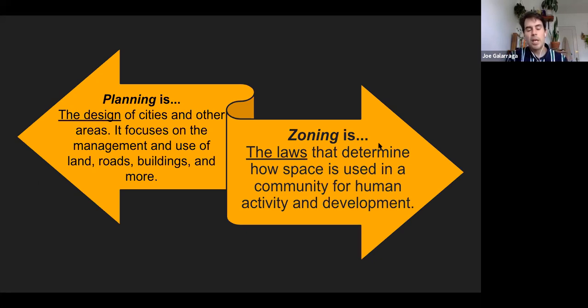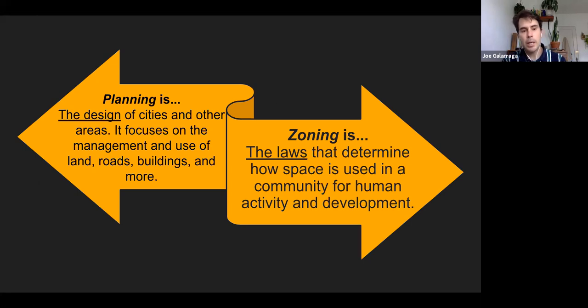The difference between planning and zoning. I think that there's a lot of confusion here sometimes, even within myself, about what planning and zoning are. What do we mean by that? But I think this is the best way that helps me remember the difference.